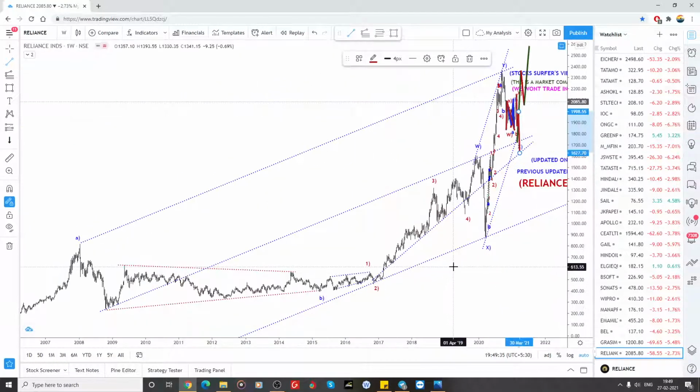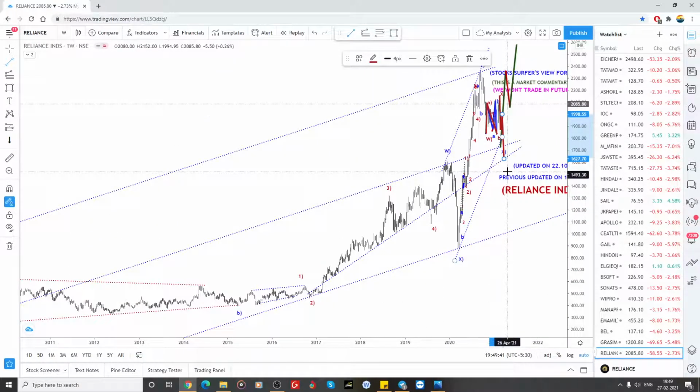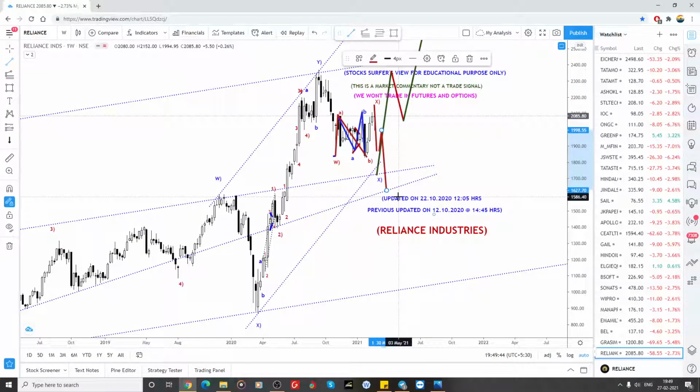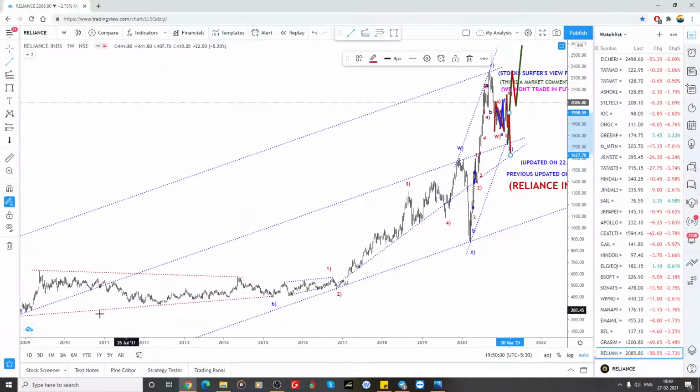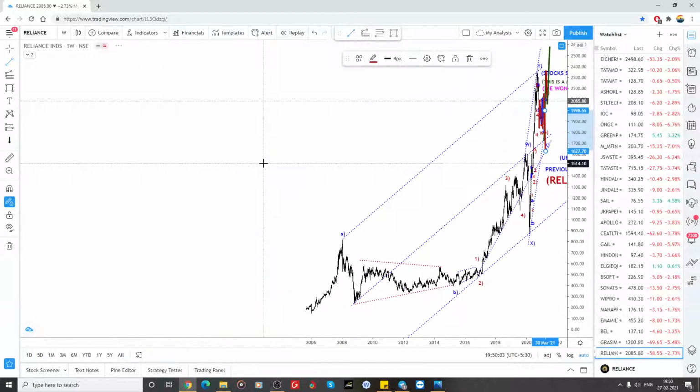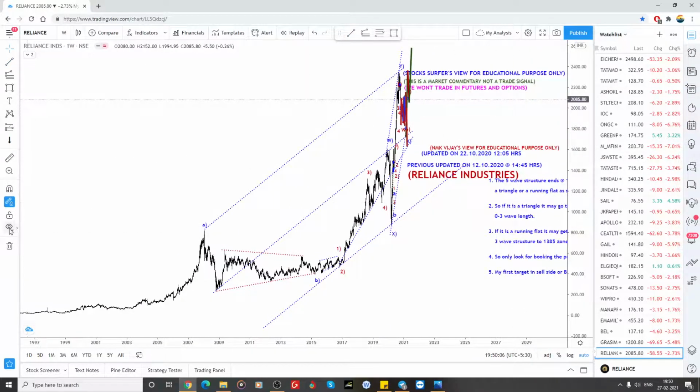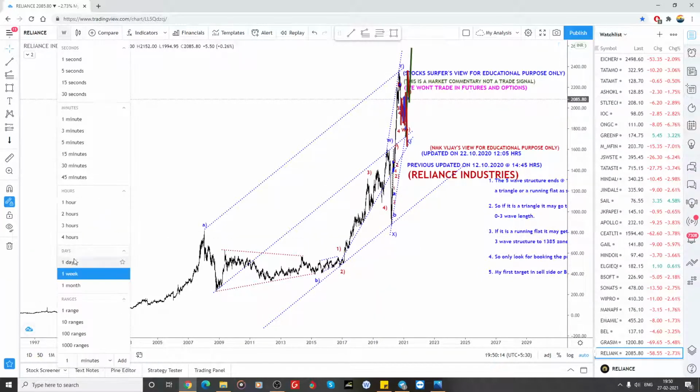So yeah, this is a trend line, and here also it's a trend line. So this may take a support, and here also it's a W X Y, so we are in the X wave. So whether it is going to be 1720 or it is in the 1600 zone. So after this I'm expecting that Z wave to complete, or if this is a WXY, it means this is the end of the correction, because here B is a triangle, and C is already completed in the W, and then X here,